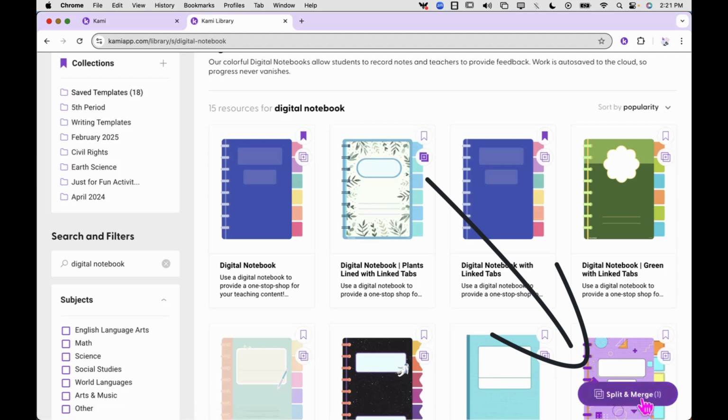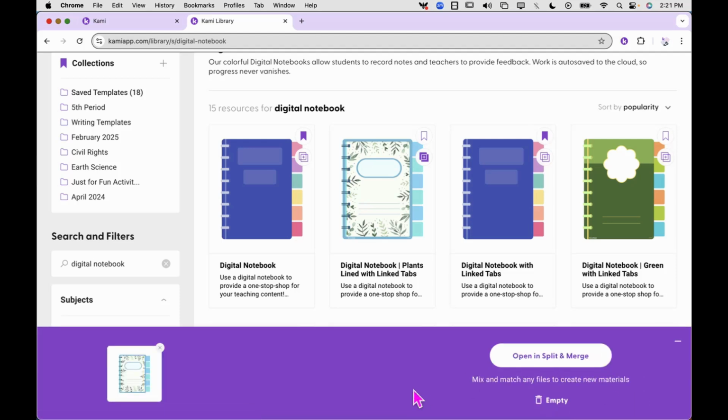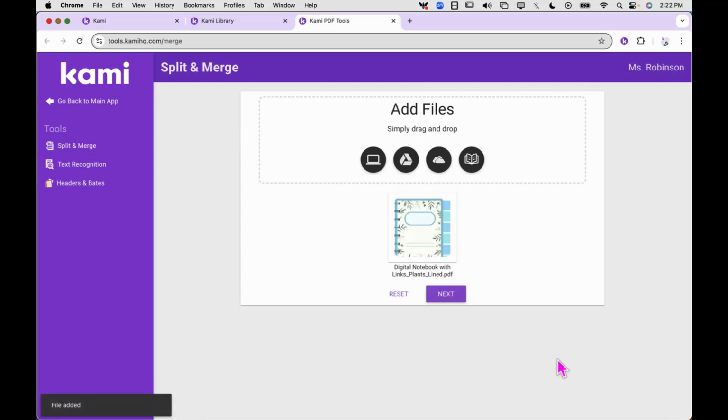If you'll follow my mouse down to the bottom right of the screen, you'll see this split and merge oval. I'll click it, and this area here opens up. Now I can push this straight into split and merge by clicking this button that says open in split and merge. From here, I could go to my computer, my Google Drive, my OneDrive, or even back to the library in order to add additional items to this notebook. So I'll head to my Google Drive,